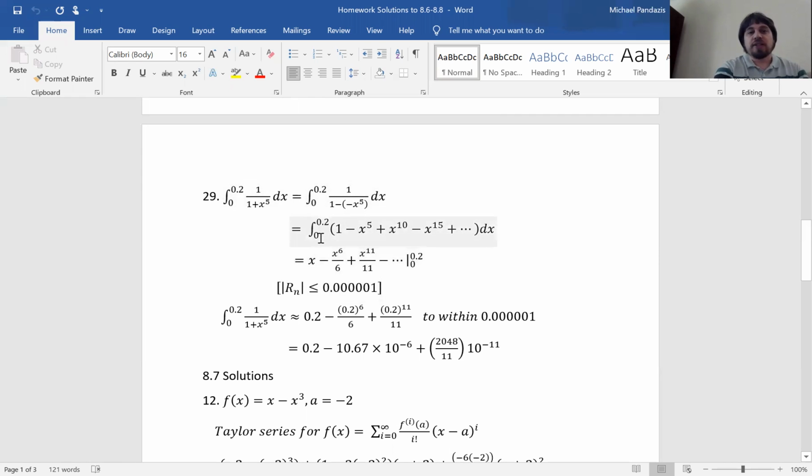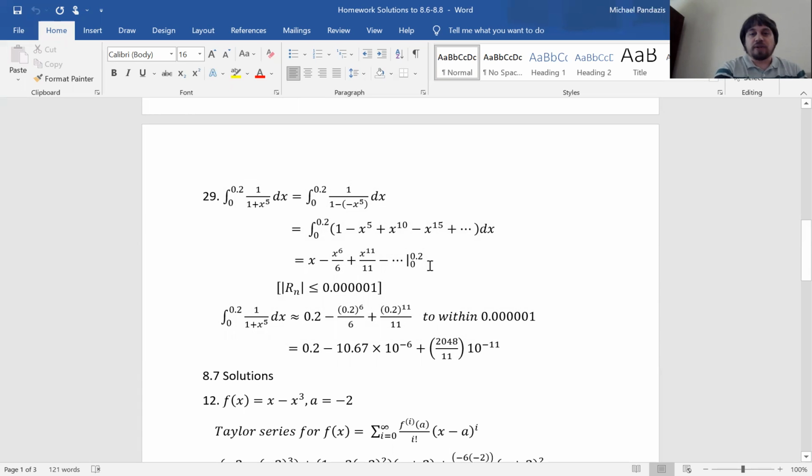Okay. So when you find a definite integral, you're going to integrate term by term. So you get x minus x to the 6th over 6 plus x to the 11th over 11 minus dot, dot, dot, evaluated from the lower limit 0 to the upper limit 0.2. Okay. So we want to approximate this infinite sum correctly to 6 decimal places. So this is what you do. You have the definite integral is approximately equal to